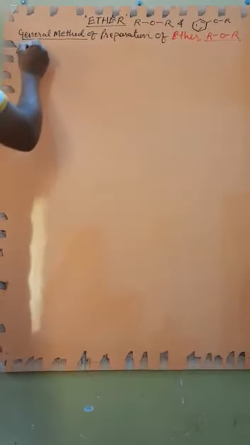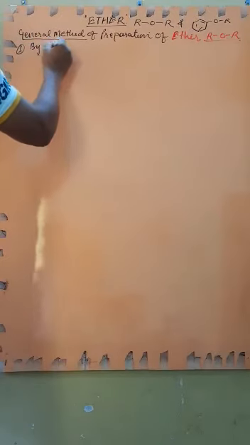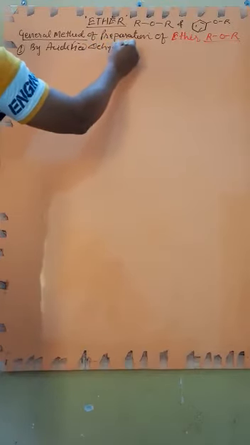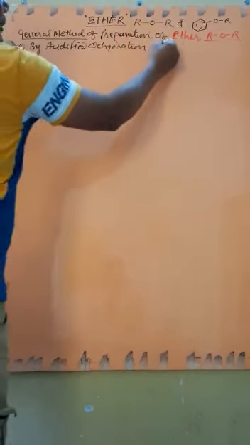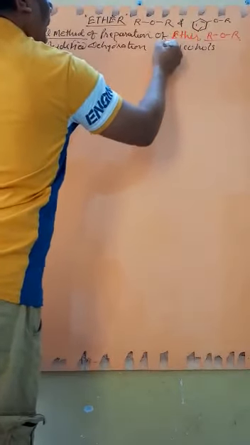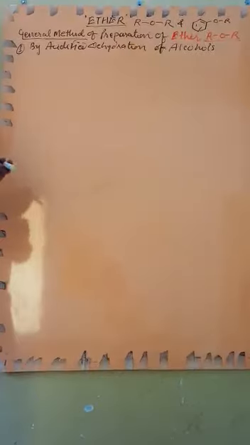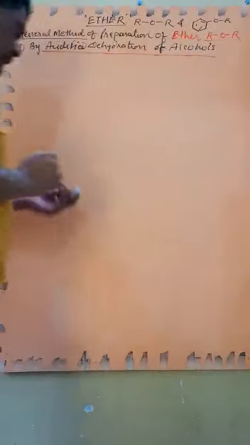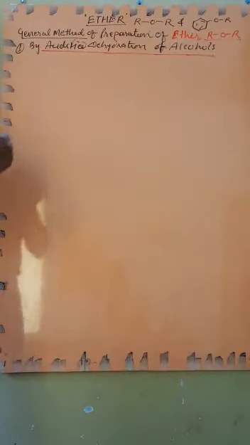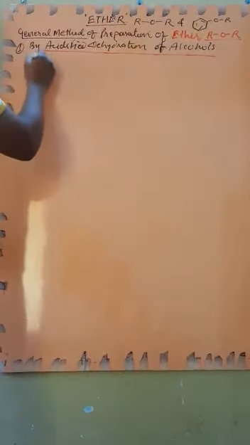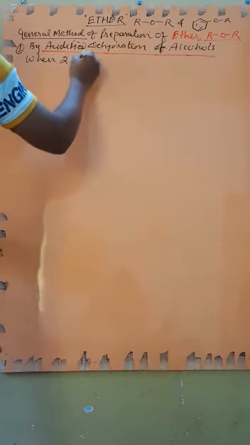The first method is by acidified dehydration of alcohols. Student, we have seen the same heading method of preparation during the alkene, but here again the heading is same. Acidified dehydration of alcohol means when two molecules